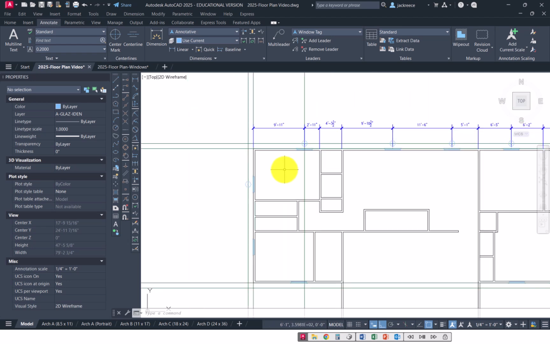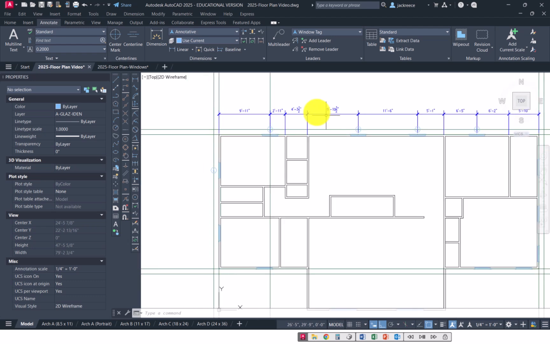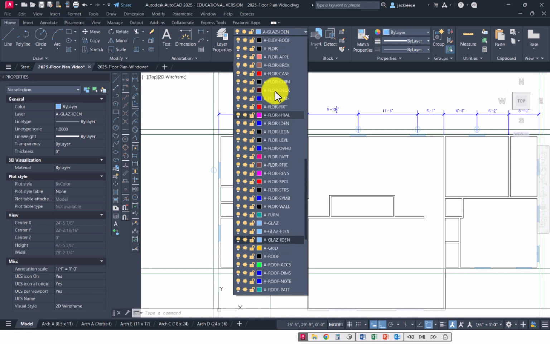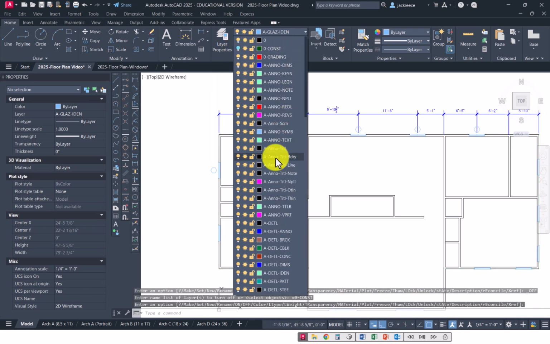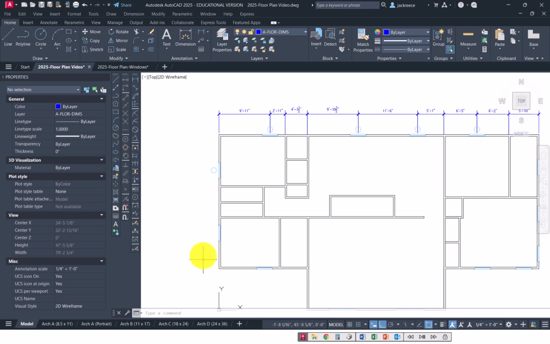And what we're going to do is adjust our dimensions so that the extension lines don't go through the window tags. So let me turn off my construction layer for right now and go back to my dimension layer. And I'll go ahead and put some,